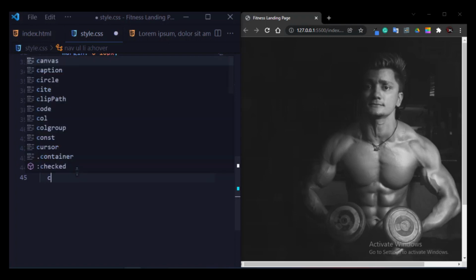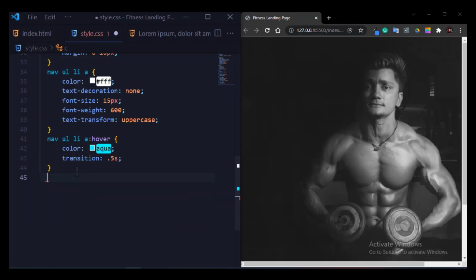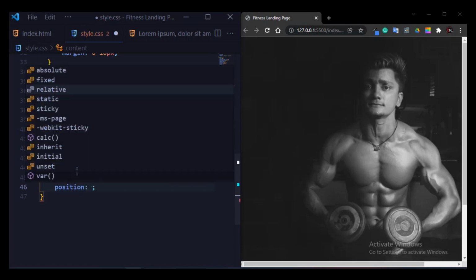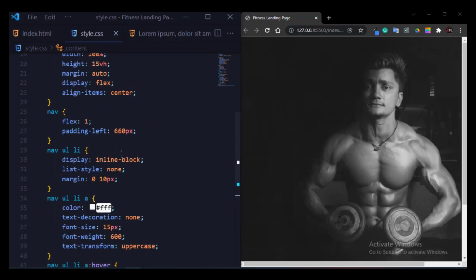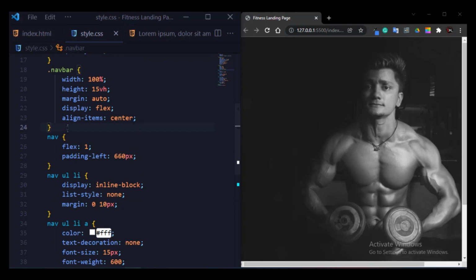So now I will write CSS for my main content. So now here I will write dot content and I will give the positioning. So I will write position relative. Here I will also write CSS for my logo.